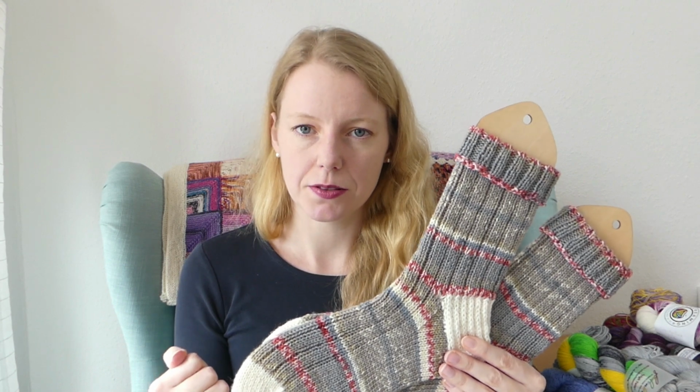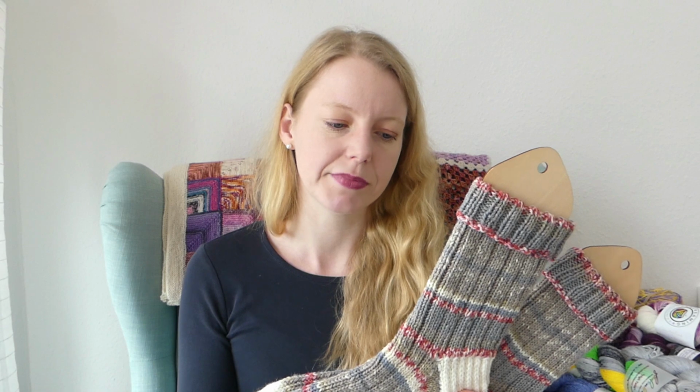Okay, 6-ply yarn you usually knit with about 3mm needles. I'm an average knitter, I'm not very loose, I'm not very tight, so 3mm needles should be the normal needle size. Some people use 3.5. I have cast on